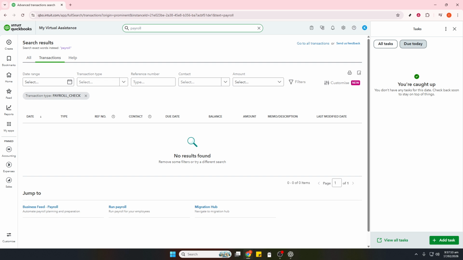Once the basics are in place, you can add or update employees anytime by going to Payroll, then Employees, and selecting Add an Employee. Fill in their pay rate, choose the correct pay schedule, weekly, bi-weekly, or whatever your company uses, enter tax withholding details, and if you're paying by direct deposit, their bank information. Save your changes. Accuracy here prevents downstream corrections, so confirm spellings, social security and tax details, and pay frequencies before